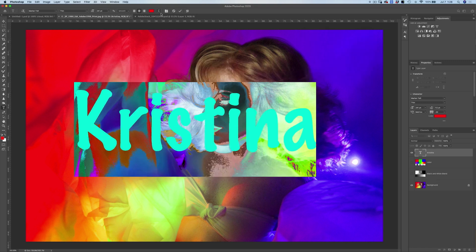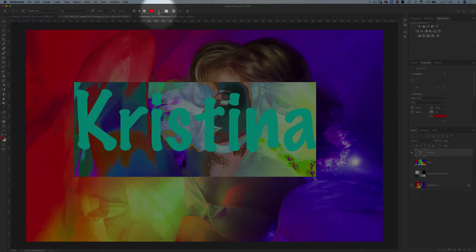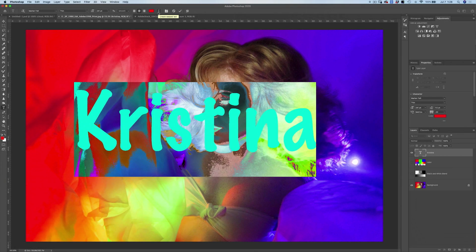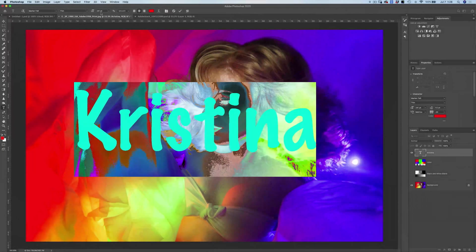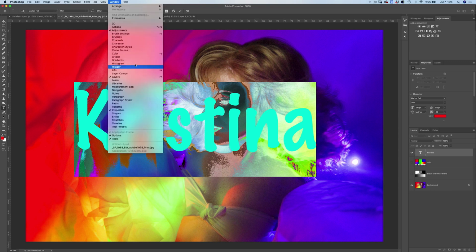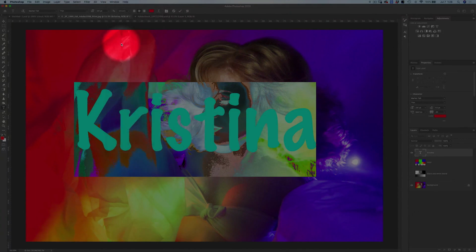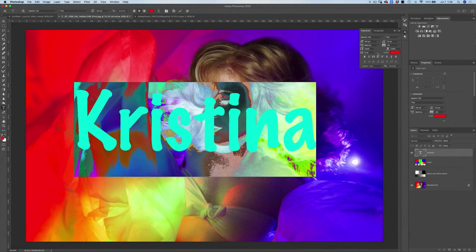So that's your little icon up here, which looks a little bit like the warp icon, but it's for warping text. Now, even though you have quite a few different options up here for your text, you also have a flyout menu for character. So that can be found within Window and Character right here, which is going to bring your character window to the front of your Photoshop.